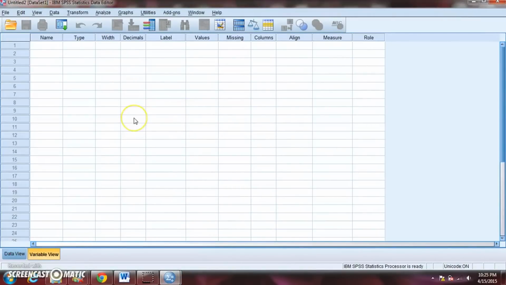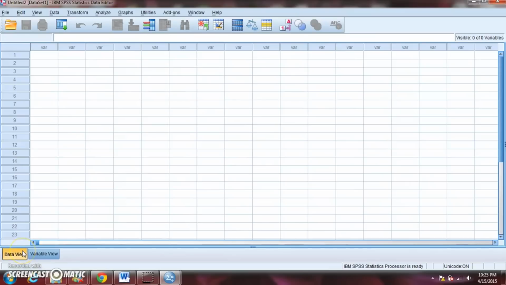If we go back to the data set, before we enter information here, there is one thing I want to point out, and that is if you look in the bottom left, you're going to see two options of how to view this file. One is called the data view, one is called the variable view. This will make more sense in a moment once we actually put some data into this data set, but the data view is where you're going to be looking at the actual raw data in your data set. So if you have data from, let's say, 20 people, you're going to see the results and the data for those 20 people in the data view.